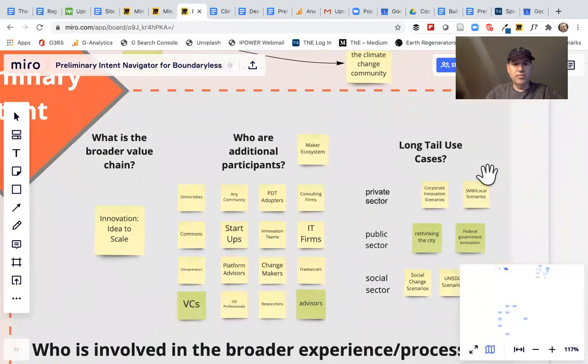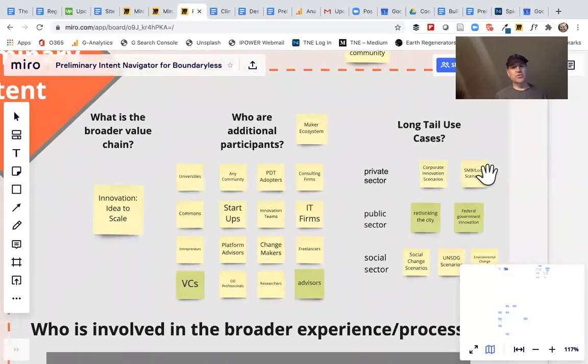And this was, like I had said earlier, a more natural zooming out exercise. We had identified ideas above, we had identified some potential value chains. And then we asked, okay, what is the broadest value chain we can think of that all of these potential ideas and value chains fit into?